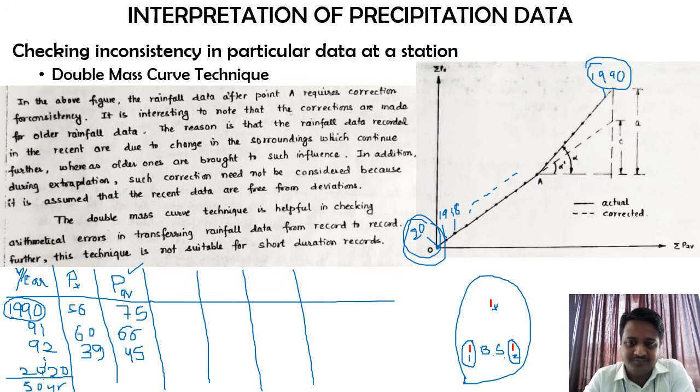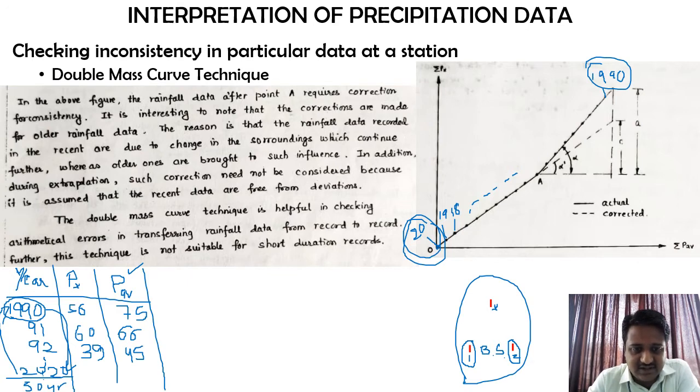Now keeping this in mind, whenever we go for the calculation, the first and foremost thing you need to do is reverse all these values, because in the questions they usually give it from the past year to the present year. Right now you can see we are getting these values from 1990 till 2020, whereas this graph needs to be drawn from 2020 till 1990. So the first thing is to reverse all these values which have been given. Let me just show you how that can be done.